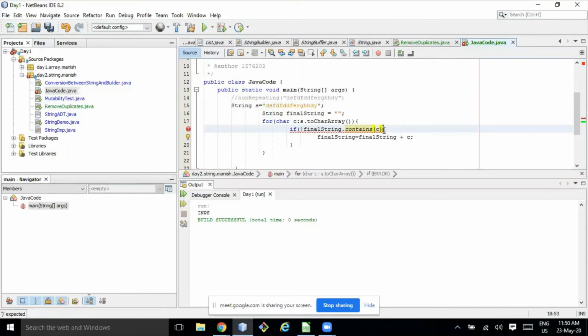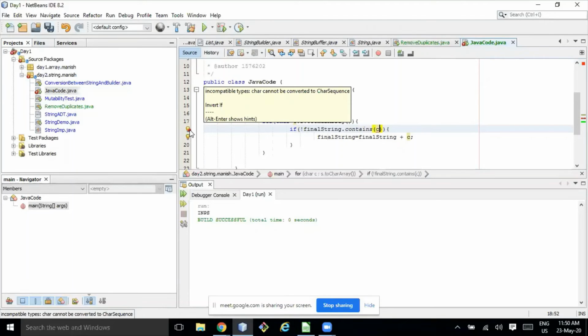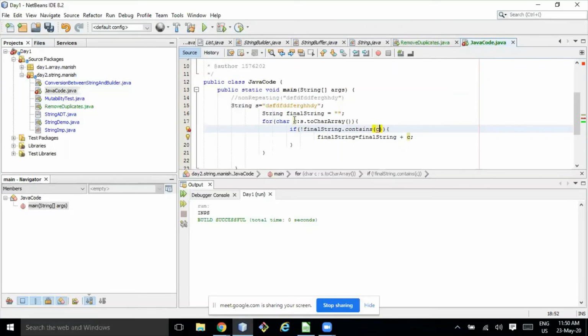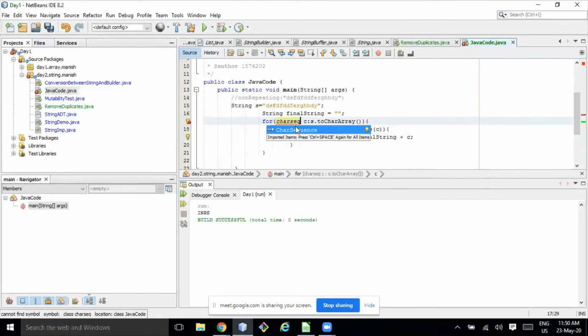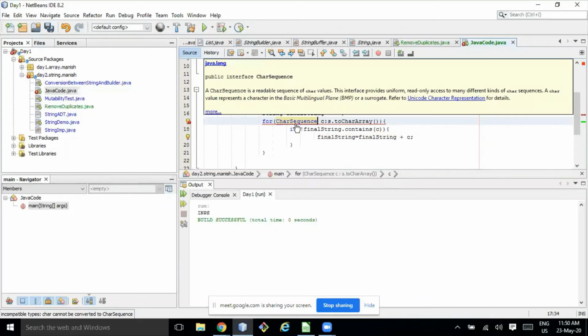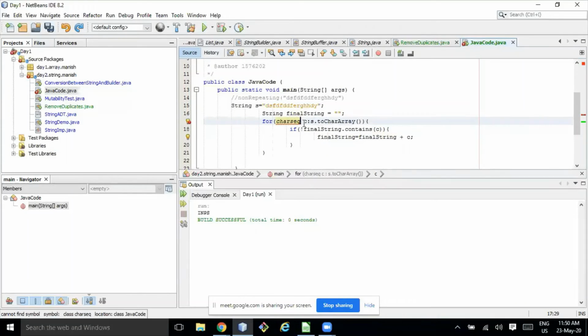Maybe capital C. A char cannot be converted to char sequence. What is the problem here?